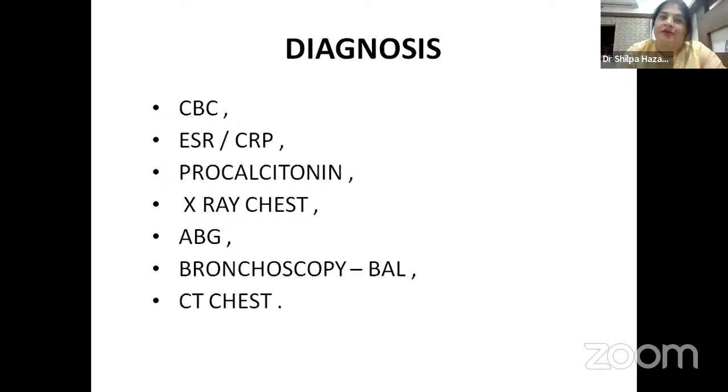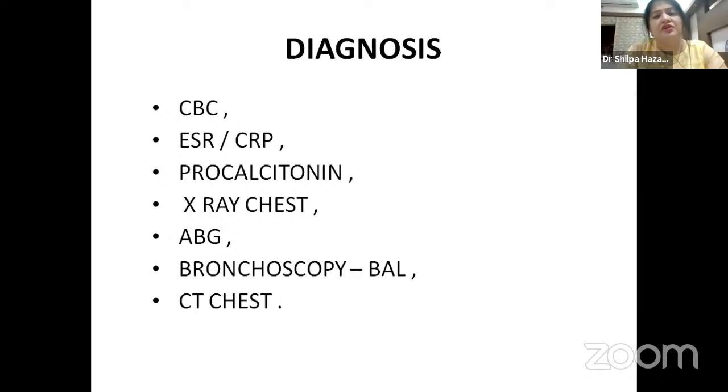X-ray chest, I already told you that findings may not be there even if the child is in respiratory distress and needing oxygen. The chest X-ray may be normal if you do it immediately, but it would be abnormal later, after 24 to 48 hours. So one should do it after 24 hours. ABG: if the child has significant respiratory distress and needs oxygen, then we need to do arterial blood gases to know how significantly the oxygen gradient is increased.